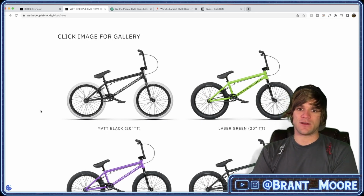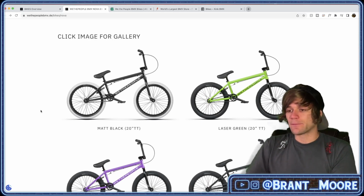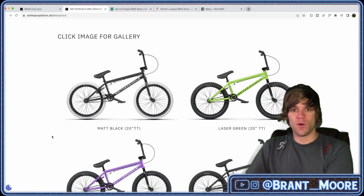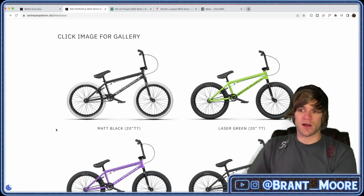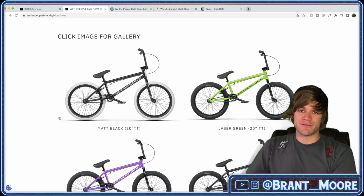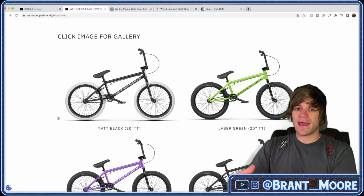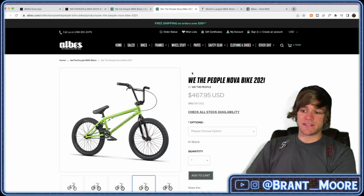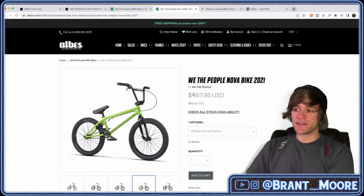the good thing anyways. So if you just absolutely cannot afford a complete BMX bike that is brand new, take a look at a used bike locally because you can usually find better parts, more high-end parts for a lower price just because it is used. That being said, taking a look at this bike at Albies, we can see that it has a